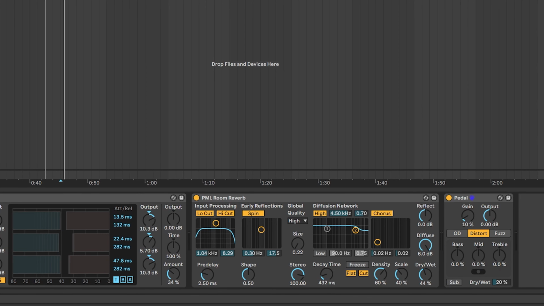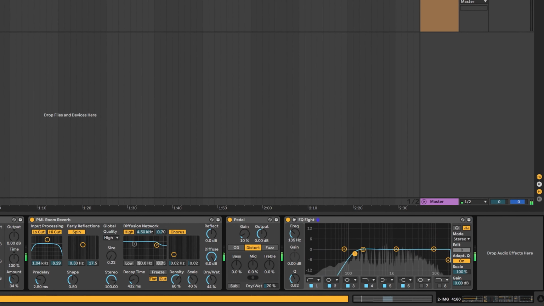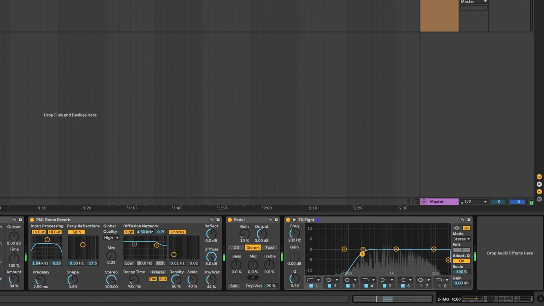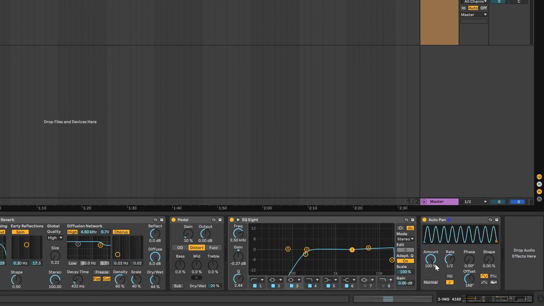Then what I add is EQ. Right? Subtle thing. Nothing else here. And then, of course, our lovely autopan, with the amount at 100% and the rate automated in BPM mode.